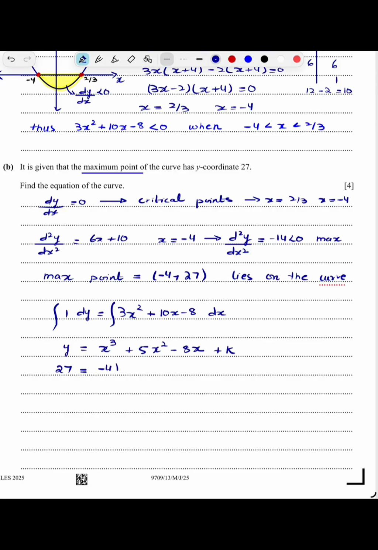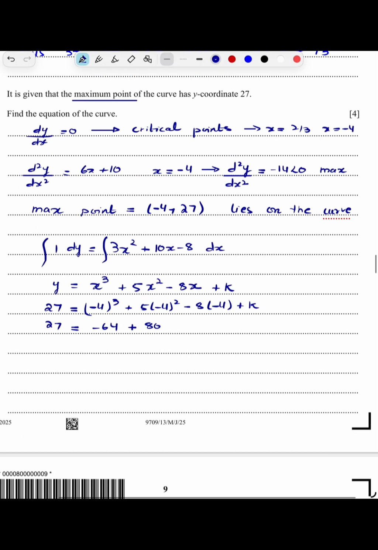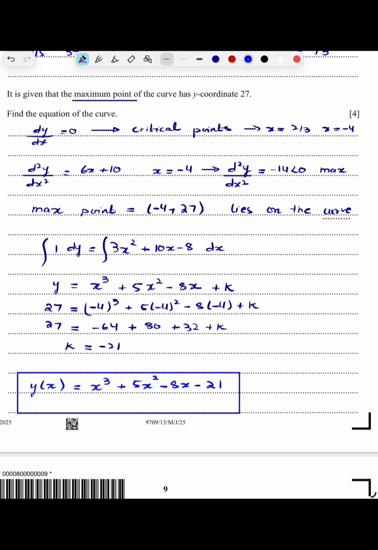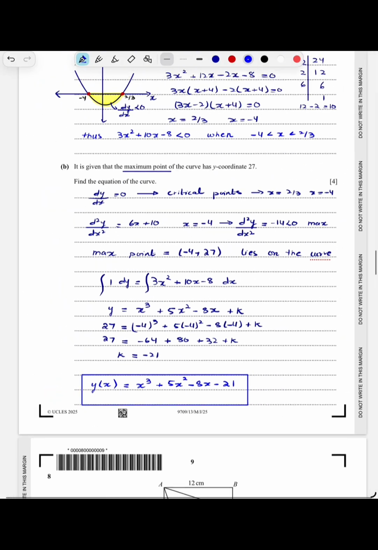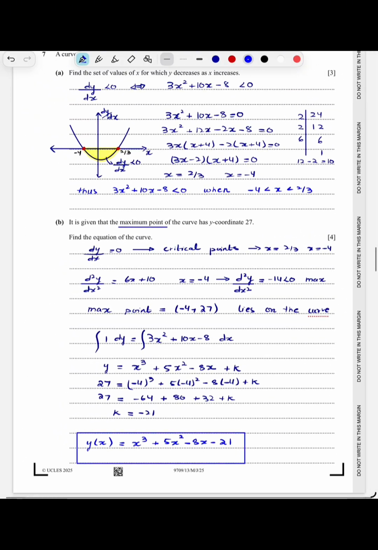अच्छा अब हमें पॉइंट पता है कि the value of y is equals to 27 when the value of x is -4। ये डाल के देखते हैं, -4 cube plus 5 into -4 square minus 8 into -4 plus k. ये हो जाएगा 27 is equals to -64 plus 80 plus 32 plus k, so k की वैल्यू यहाँ से आ गई -21 and that's it। we have the equation of the curve y as a function of x is x cube plus 5x square minus 8x minus 21। this is a polynomial of degree 3 which means कि इसके at most 3 roots होंगे। okay, so we are done with question number 7। 2 parts थे and part A was for 3 marks, part B was for 4 marks।